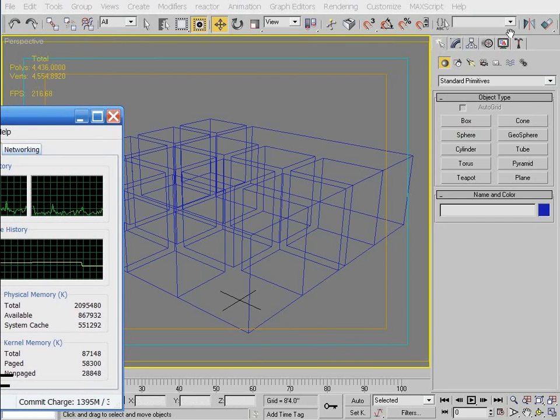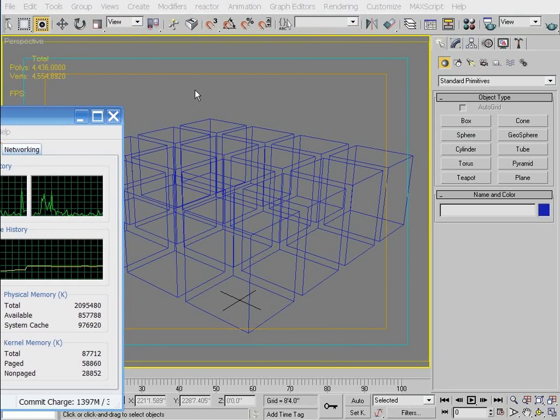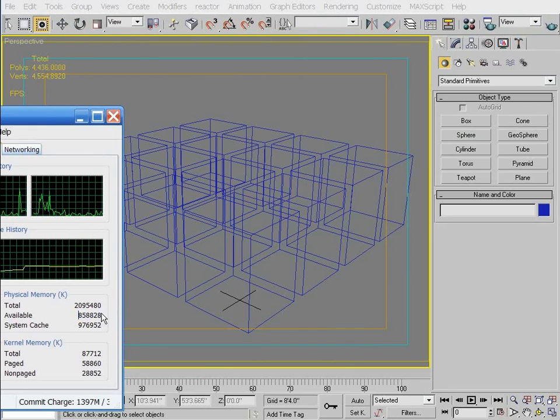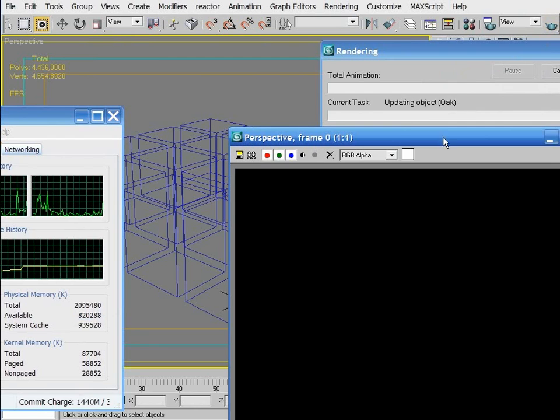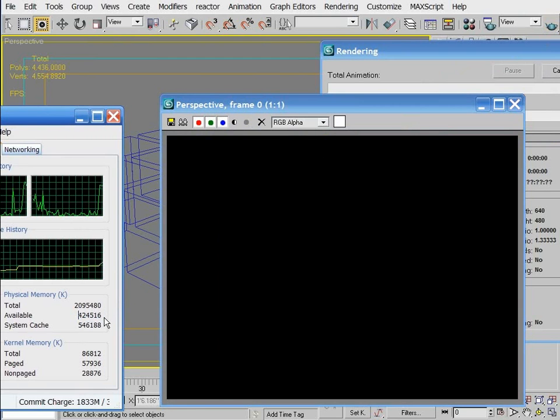Now I want to render this scene using the same trees before the attach command was executed, while these trees were still individual objects. While keeping an eye on the available RAM, I'll just go ahead and click on render, and as you can see, the RAM bottoms out and eventually I get a crash. I'll pause the video while I load the scene again,